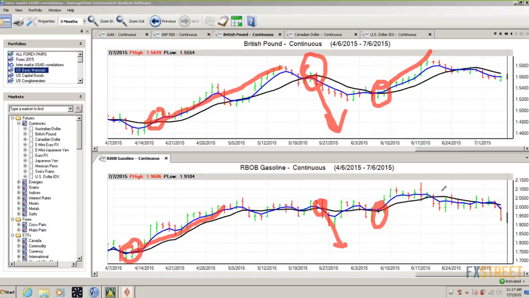But lo and behold, when we look at this, we've got a crossover right here. We got a little bit of indecision around this area, but this main crossover right here, I believe to be accurate. Now, looking at the massive sell-off that we've had in oil today, last night on TraderPlanet.com,